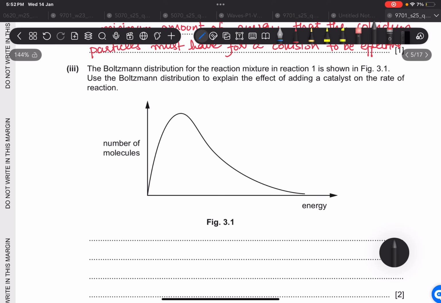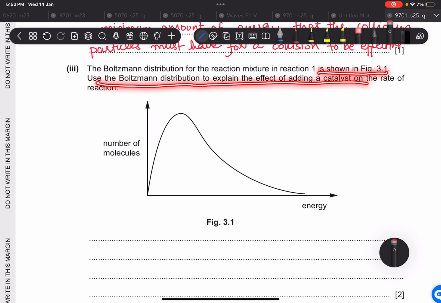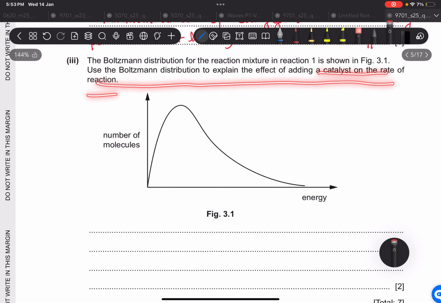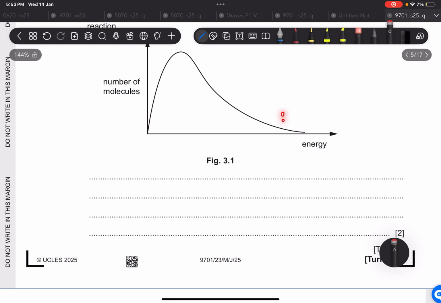The Boltzmann distribution for the reaction mixture of reaction 1 is shown in figure 3.1. Use the Boltzmann distribution to explain the effect of adding a catalyst on the rate of the reaction. Basically, if that's your activation energy right now, a catalyst is going to move the activation energy towards the left and the activation energy is going to decrease. So we simply tell the examiner that activation energy decreases,